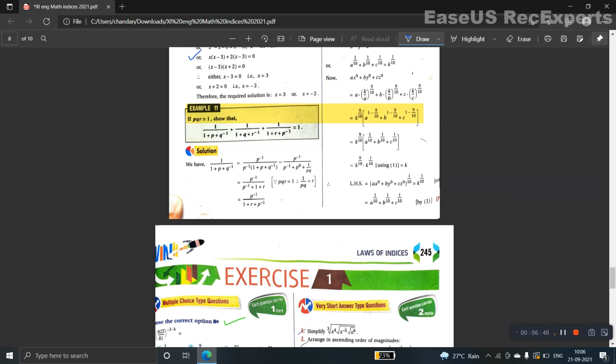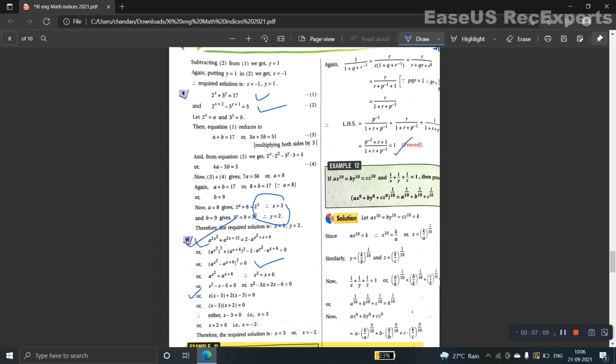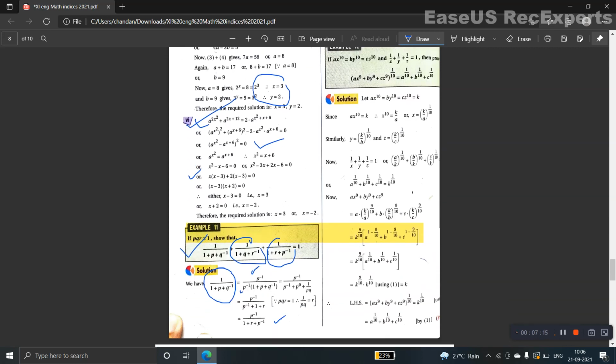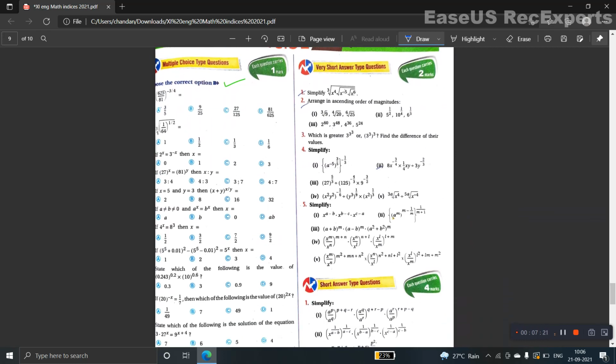But here you can see pqr is equal to 1. We have to prove this is equal to 1. The first term here is multiplied by p to the power minus 1 in numerator and p to the power minus 1 in denominator, so this will be simplified to this. Similarly, the second term and the third term will also be simplified in that way to get the answer equal to 1, after doing some LCMs and some simplifications. So it is a very interesting chapter, algebra. You can do all the things at your ease, and I think there will be no problem for you.